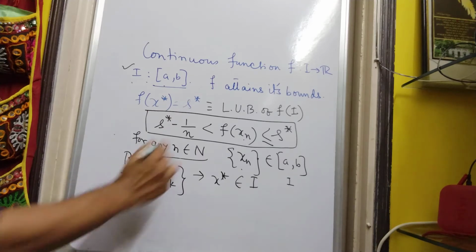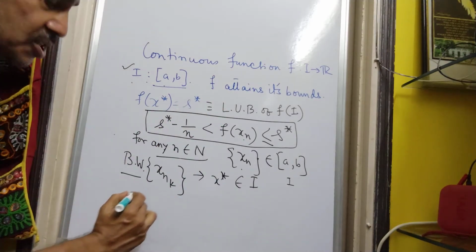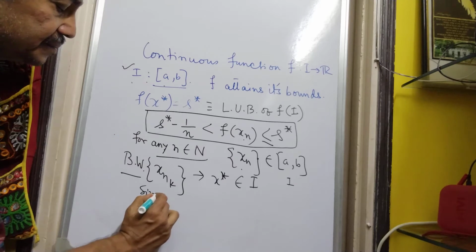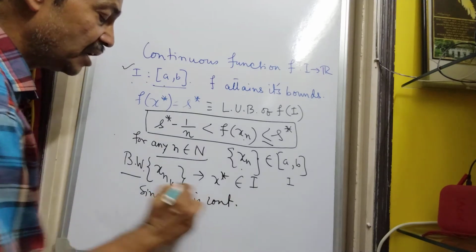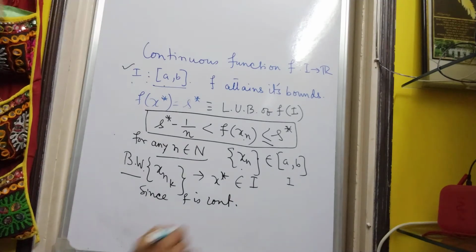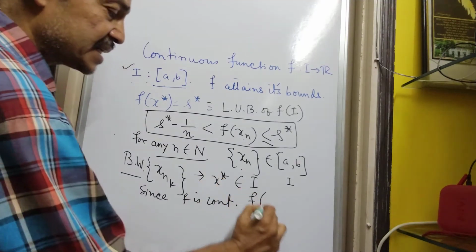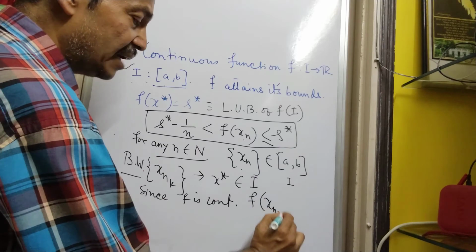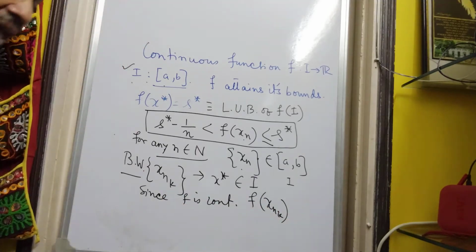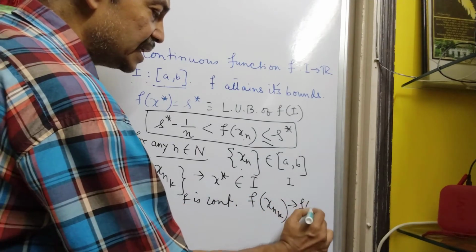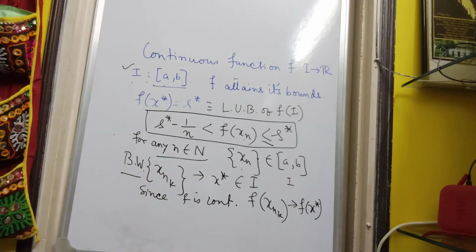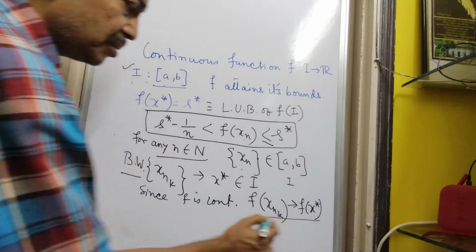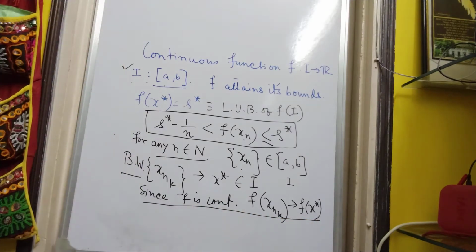And since f is continuous, for every sequence xnk converging to x star, we have another sequence f(xnk) which converges to f(x star), isn't it so? This is also granted since f is continuous. Okay,